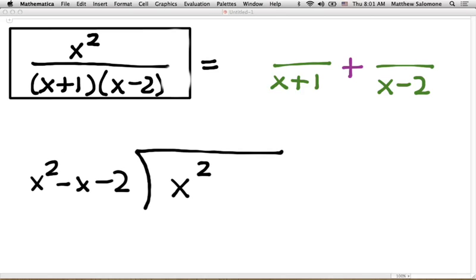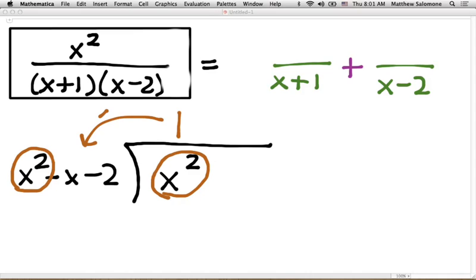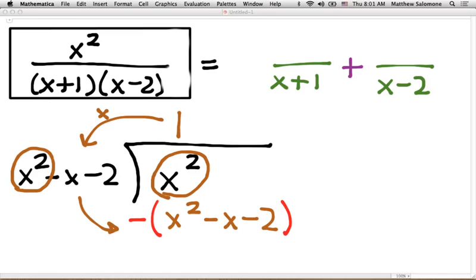And even though it's a division problem of polynomials, the algorithm is secretly still the same. We just have to ask ourselves, how many times does this go into that? How many times does x squared go into x squared? Once. And then in our algorithm, we'll multiply 1 by that divisor and get x squared minus x minus 2. And then just like in the division algorithm, we'll subtract that from what we had and end up with, downstairs, x plus 2. And so our quotient here is 1, and the remainder is x plus 2,